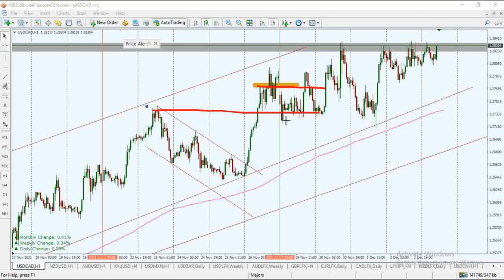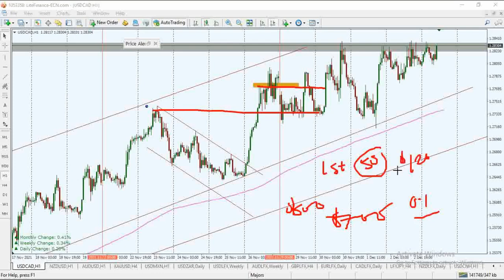For 1 standard lot on this one, 50 pips, man, that's $500. Another 20 pips, 70 pips, that's $700. You're out for the day. That's $1,200. For a 0.1 lot, that's roughly, give or take, $120. You're done. You don't want to come back here on the same trading day,